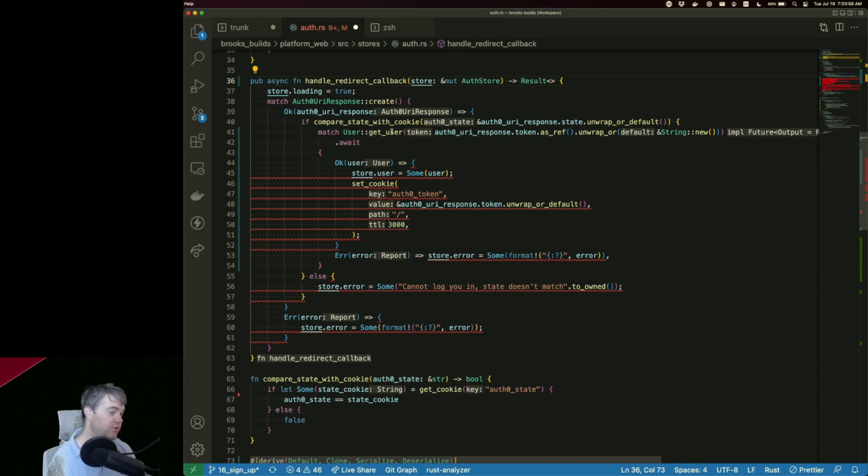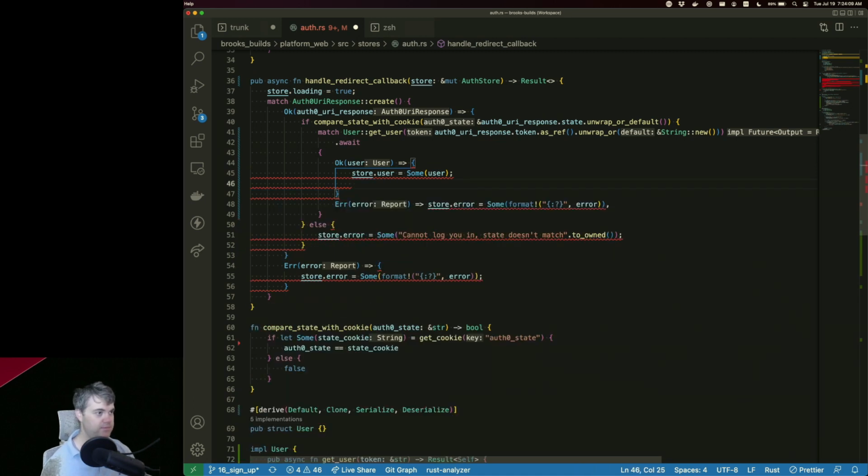I could return the token back instead of doing the cookie here. And then the cookie would be done in the calling functions. That way this is only responsible for updating the state, which I kind of like the idea of.